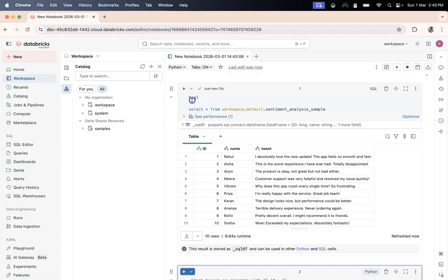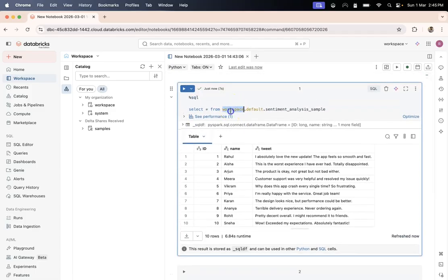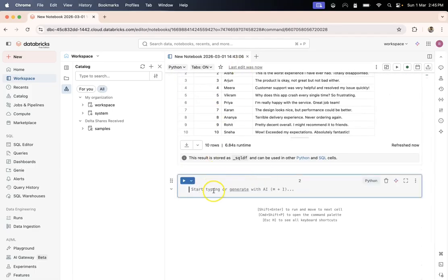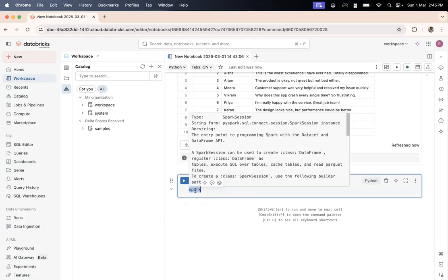Now here we have used SQL. Now let us try to execute the same thing using Python. When you open a notebook, there is a variable which is exposed to you, called Spark. This Spark is a variable which is available, so you don't have to import it.